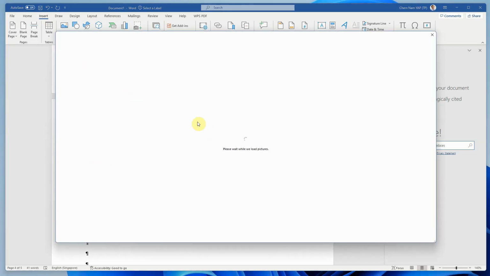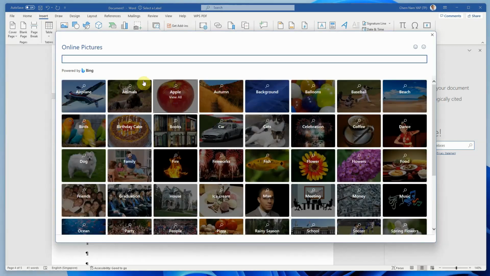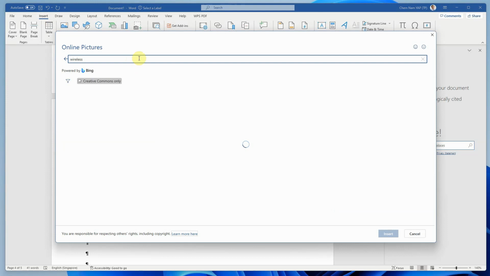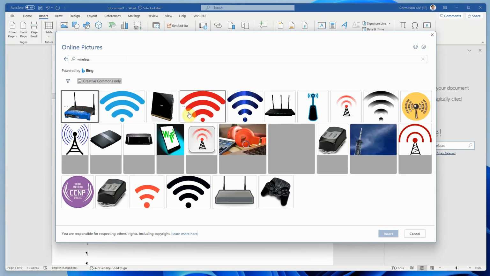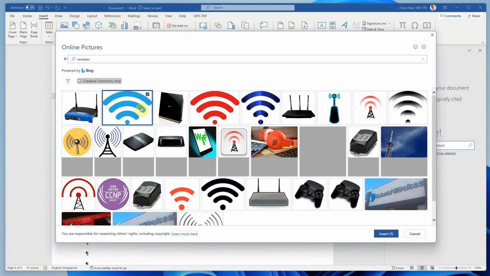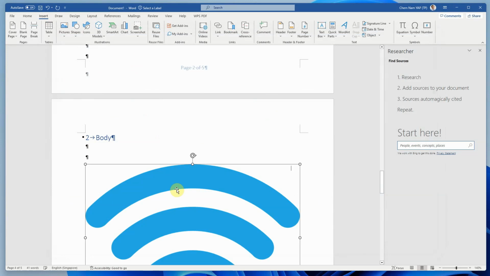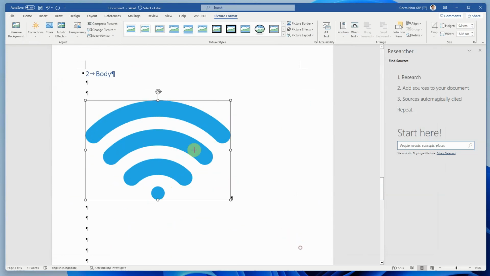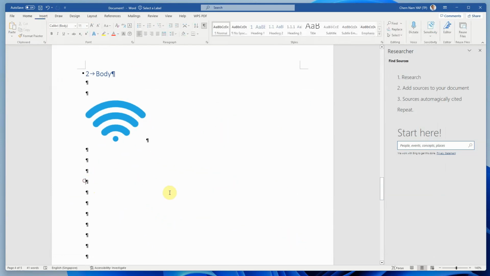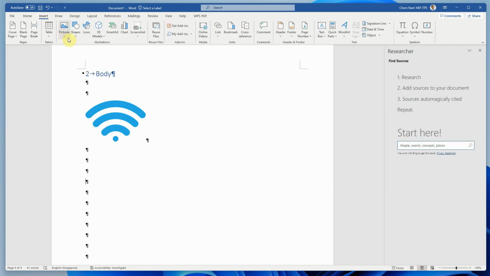Online picture, and then we search for wireless. Let's see whether I can find wireless here. Okay, so I have a wireless picture. So I put a picture, insert picture, so wireless there, right? Only so big, so wireless. Then I have another one that is wired. So insert picture,